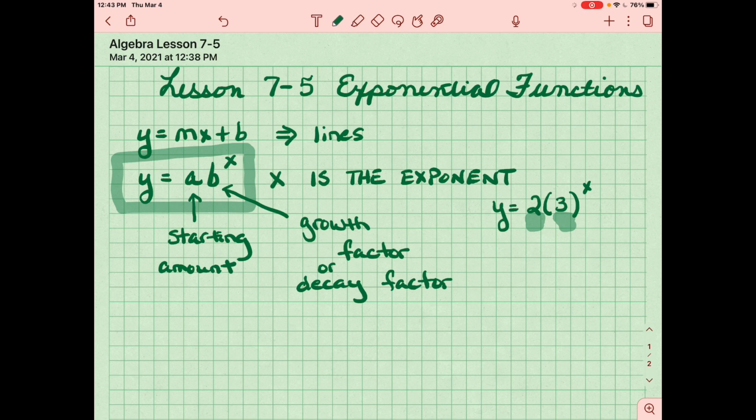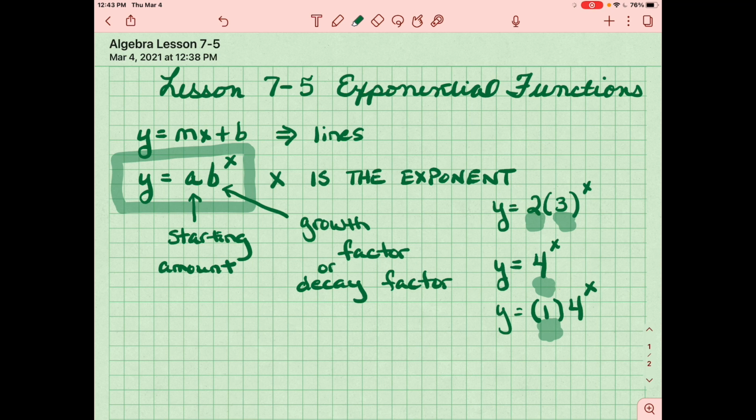Then here's another one: y equals 4 to the x. And here what we're seeing is 4 is our growth factor. Our starting amount is going to be a 1 because there's really nothing in that equation in front of the